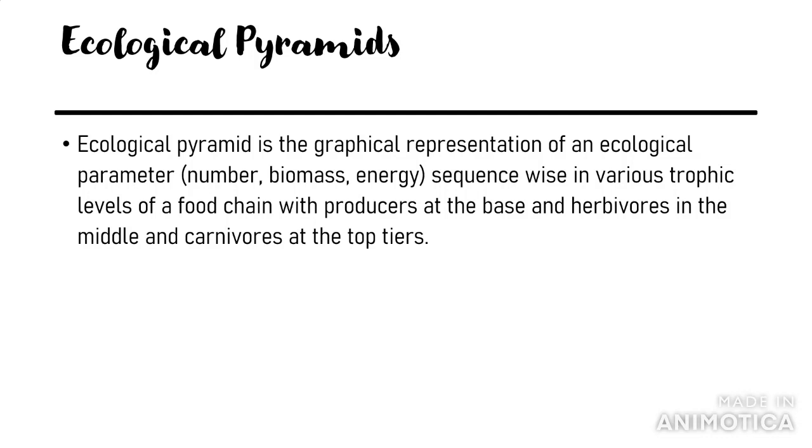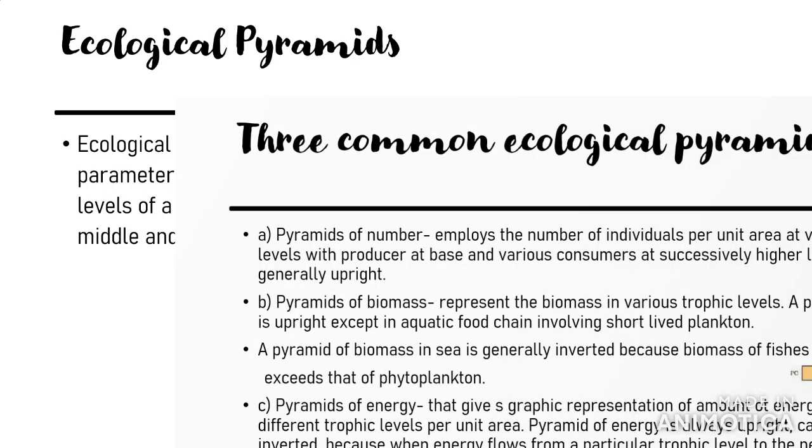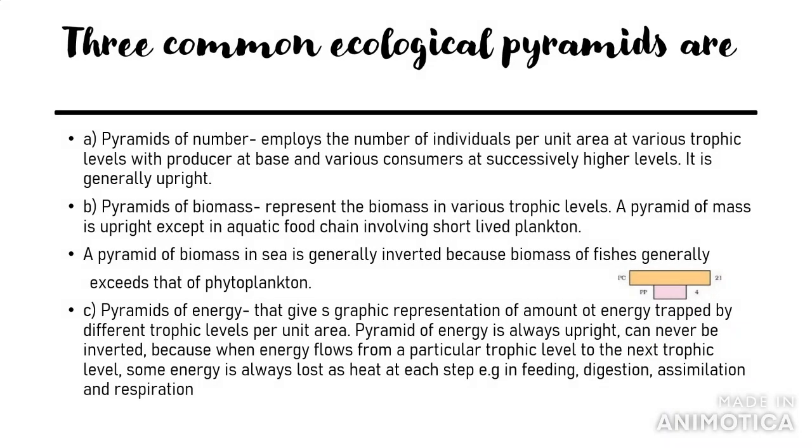Ecological pyramids. Ecological pyramid is a graphical representation of an ecological parameter, number, biomass, energy, sequence-wise in various trophic levels of a food chain, with producers at the base, the herbivores in the middle, and carnivores at the top tiers. Three common ecological pyramids are